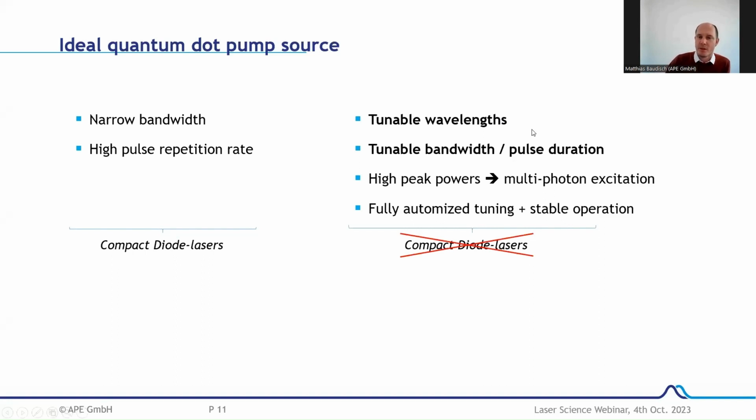Then, for example, if you change material, if you want to go to different wavelength ranges, to use, for example, transmission windows of optical fibers, then it would be greatly beneficial if you have a tunable center wavelength. Furthermore, it would be nice to have a tunable bandwidth, which then also comes with a tunable pulse duration,